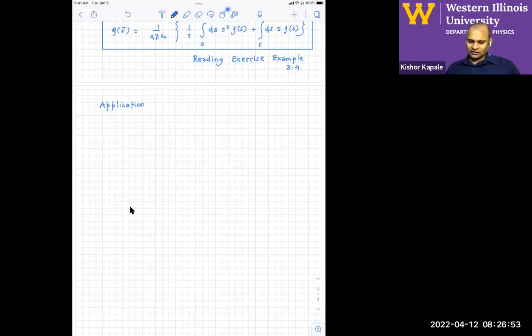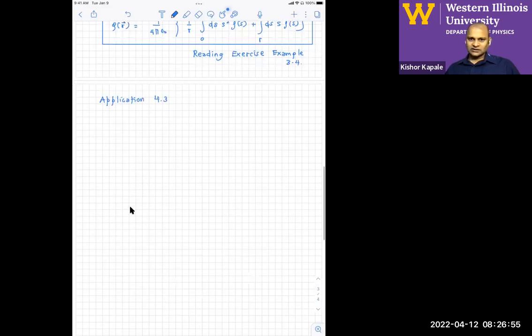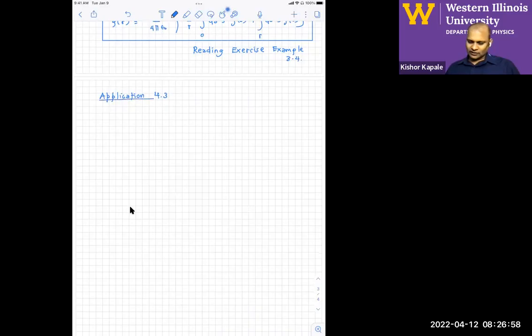What the book calls application 4.3. Now we want to determine a potential produced by, let's say, some surface charge density sigma as a function of theta. So you don't have to worry about the radial coordinates. Now it's a sphere of radius R, and